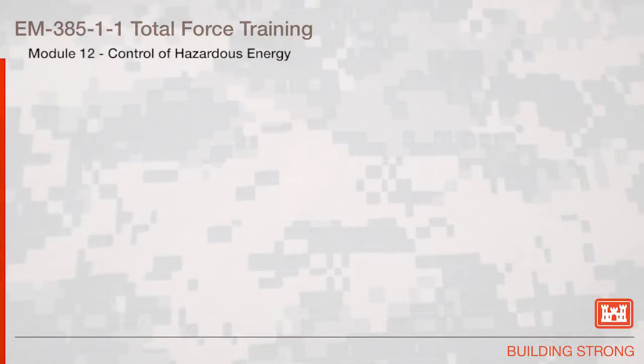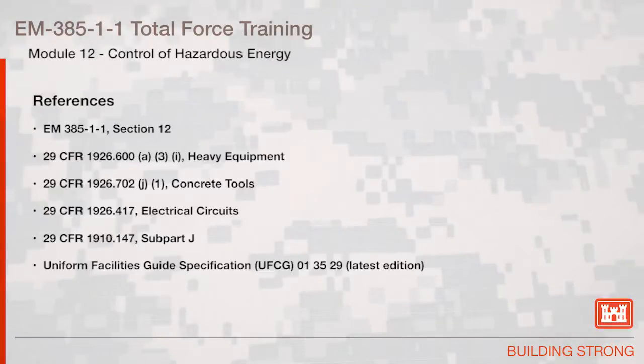Section 12, Control of Hazardous Energy. The references for this are EM 385, TAC 1, Section 12, 29 CFR 1926.600 A3I, Heavy Equipment, 29 CFR 1926.702 J1, Concrete Tools, 29 CFR 1926.417 Electrical Circuits, 29 CFR 1910.147 Subpart J, and the Uniform Facilities Guide Specification